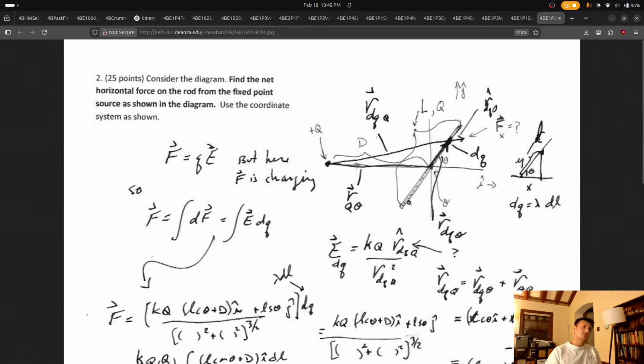dq. What is dq going to be? So you're going to have r of s. R of s is going to be s cos theta, s sine theta is the standard. But then, so you have r of s. But then, because what we need to integrate is E dq. E is going to be